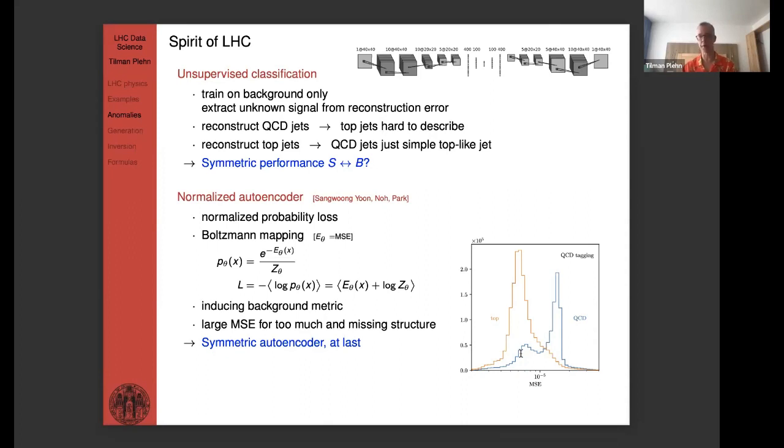And one of the properties of data is, in a QCD sample, there's always going to be some QCD jets that look just like top jets, and there's nothing you can do about it, because they really look like a top jet in every observable you plot. An autoencoder cannot do magic, and so they end up in the top sample. So that's kind of the way data works at the LHC, right?